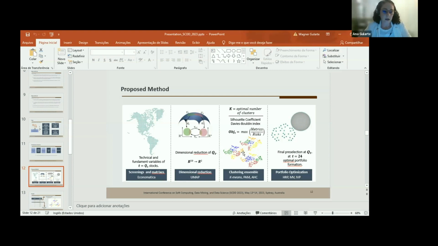The objective is to maximize the portfolio score calculated by dividing the financial metrics by the risk factors. A single score represents the portfolio's overall quality for the time t. Maximizing the portfolio score leads to a more precise selection of stocks in each cluster, and consequently a better overall portfolio performance.